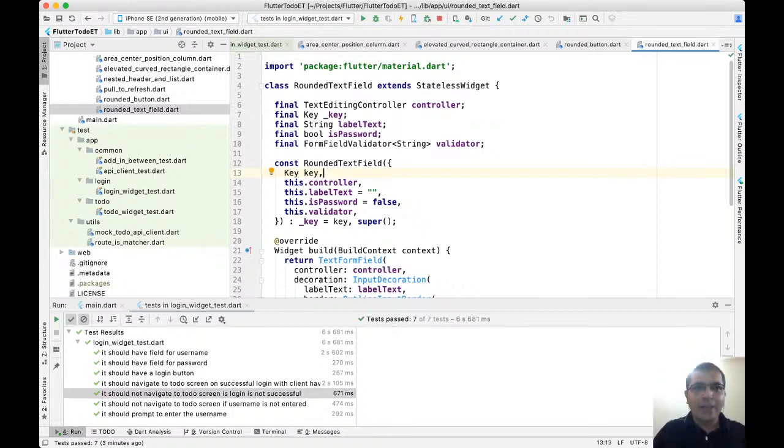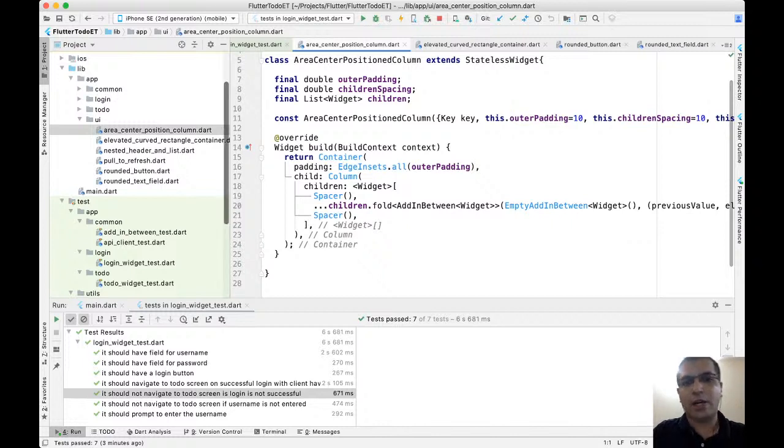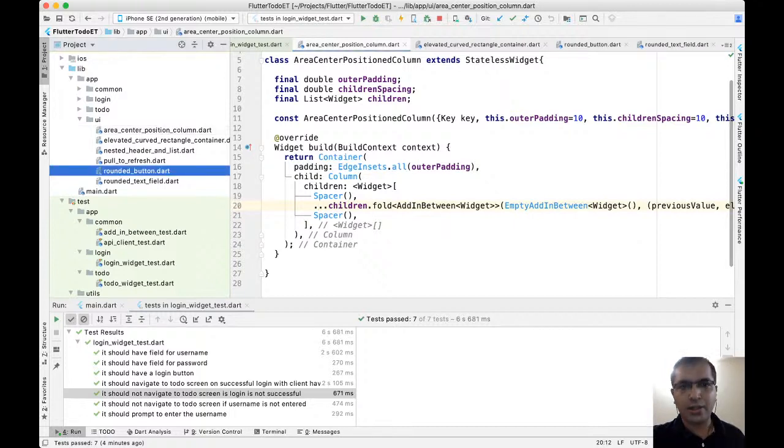The primary reason they don't have tests is because I didn't literally plan for having these classes. These widgets and classes got created as part of the refactoring. I literally started writing everything in one class while expressing my test for it. And as the class was growing bigger and bigger, or I was trying to see whether this component can have some other uses, or the final details of the component, for example, let's look at a rounded button.